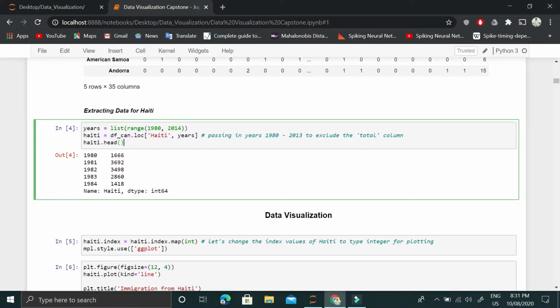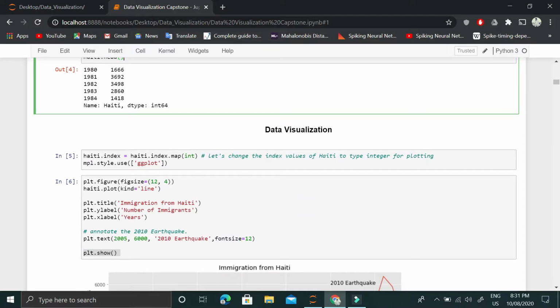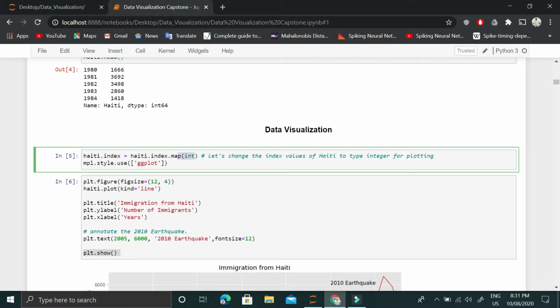These indexes, these years, these columns are basically in string form, so their type is string. So we convert them to integer by using this map function and internally applying this int function to each value of the index of this data frame series Haiti. Now, once we convert these indexes, then what we will do is call the